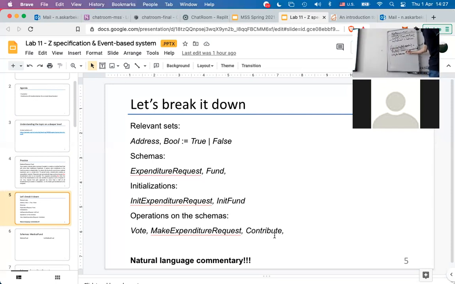I will put this dash saying that it's a post condition, dot requester, and